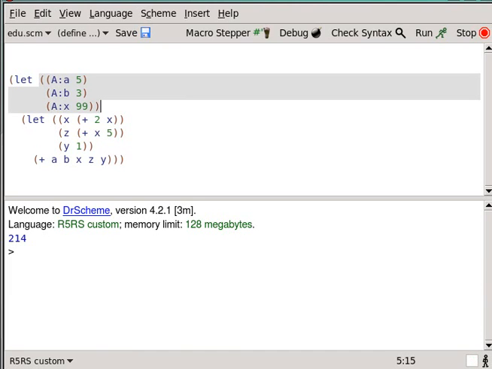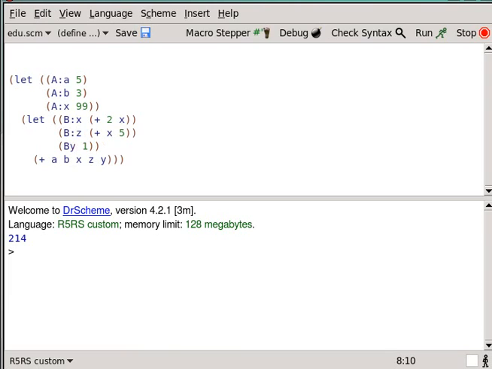Alright, so then down here, this is the second environment, which is B, the environment B. So we'll call this BX. This will be BZ. This will be BY. Oops, BY. Now, which X is this? Remember, this is not let star, this is just let. So this X is this other X up here. That's the one it was referring to. Alright, so we change that to AX, and then this X refers to that X, so we can do AX,